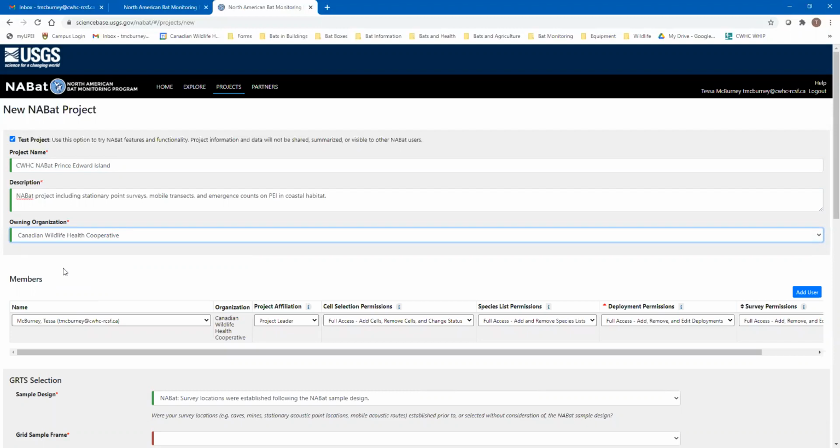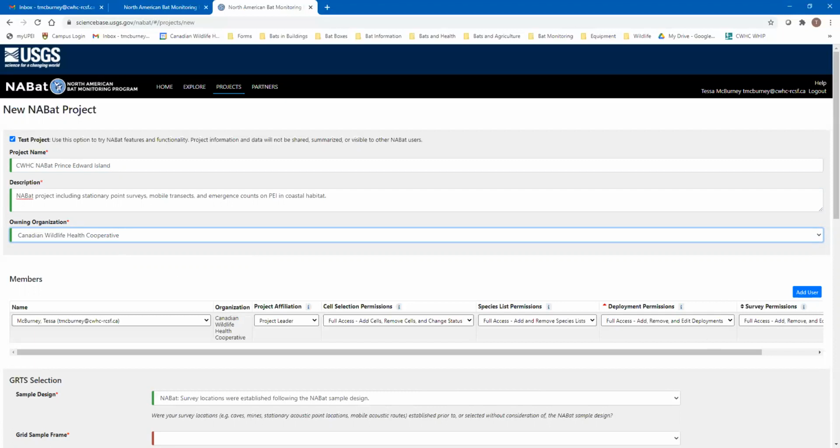is not yet here, you will have to contact an NABat contractor or someone to add your organization to that list. So you can try Dane Smith. So Dane Smith at contractor.usgs.gov. For the spelling, you can look that up in our guide. So you need to contact them first before you can create a project because you need to have your organization